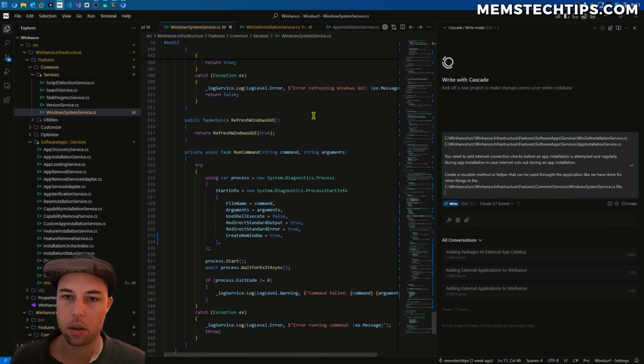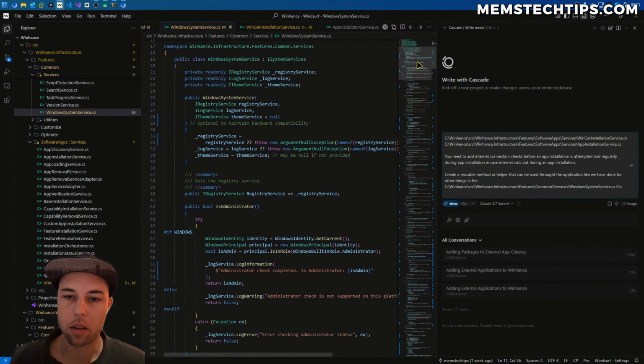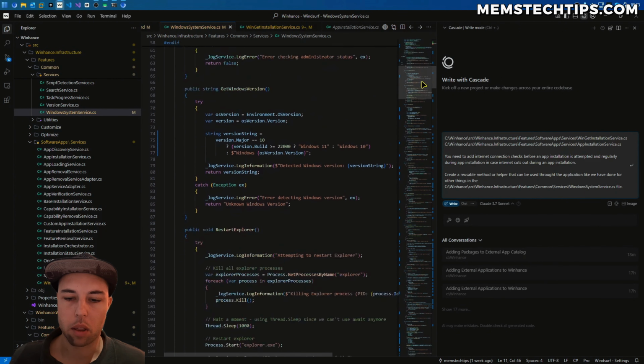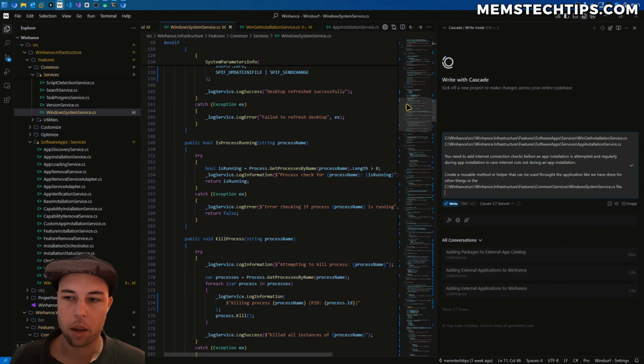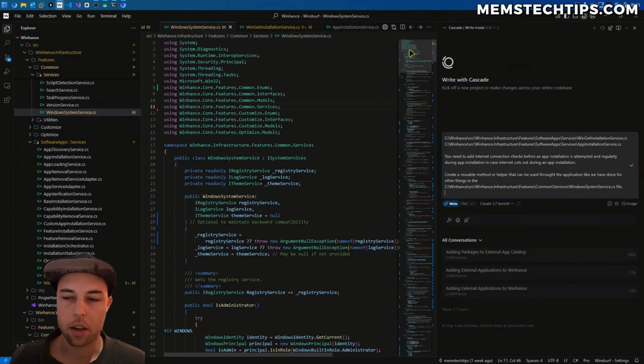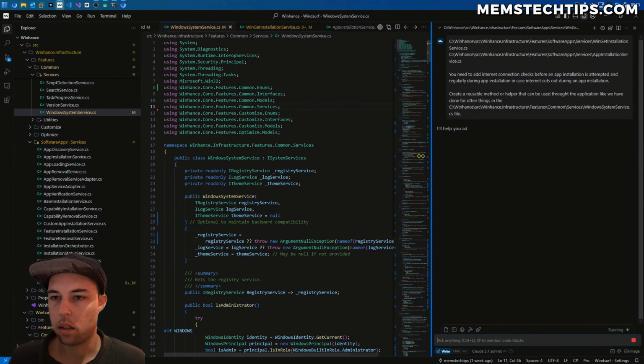So this is a Windows System Service file, and it contains a bunch of helper methods that basically check what the Windows version is, restart Explorer, refresh the desktop, and that type of thing. So having an internet connection check method that we can just reuse throughout the application would be the best way to do this. So I'm going to send this instruction, and then we'll see if it can do it in